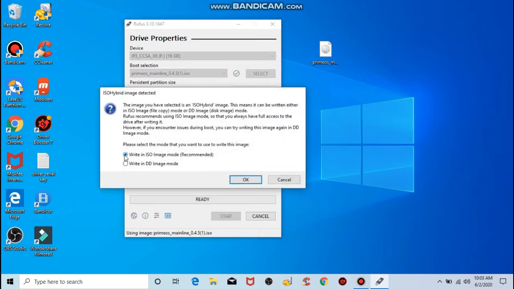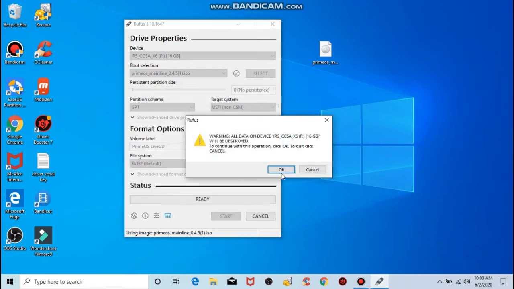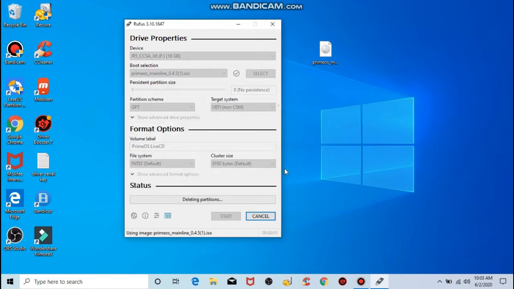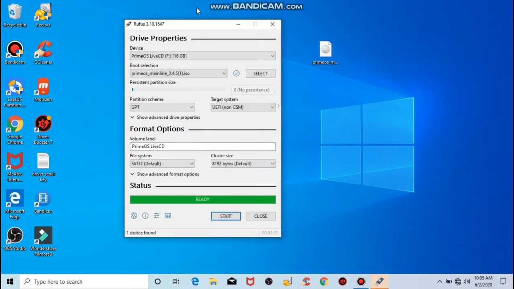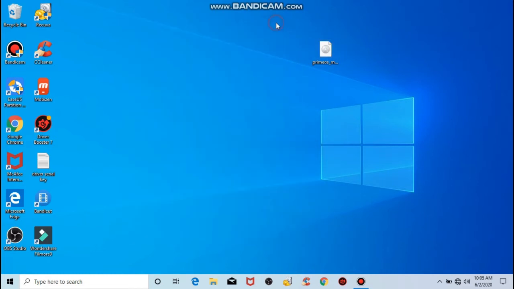Then let's start, and I'll go with the recommended write in ISO image mode, because it is suitable for UEFI mode. Then it will take almost 10 minutes to make a bootable pen drive of your Prime OS. I'll fast forward it, and my bootable ISO file is ready on my pen drive.